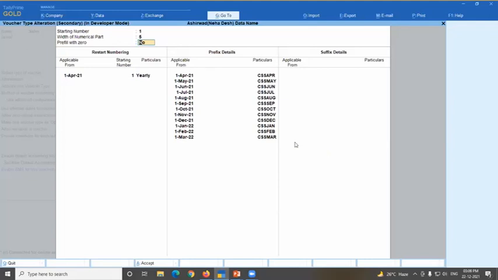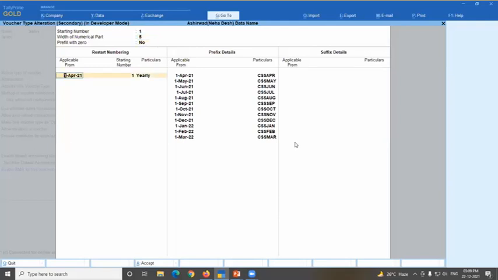And if there is only 1, then do I want to prefix with 0 or not? So this is the option. If I press yes here, it will be prefixed as 00001. Okay, and normally by default it is set as no. So even though you are setting length as 5 here, Tally will create a number for that voucher as only 1, 2, 3, 4, 5, 6.